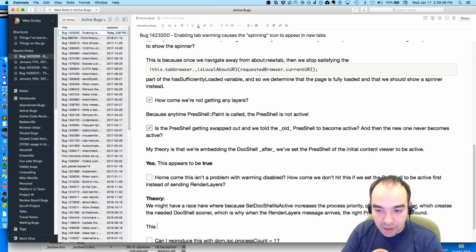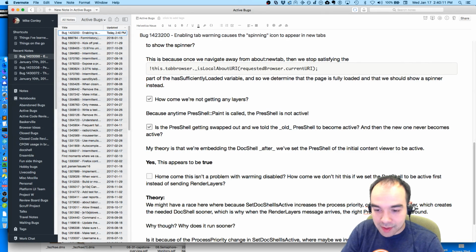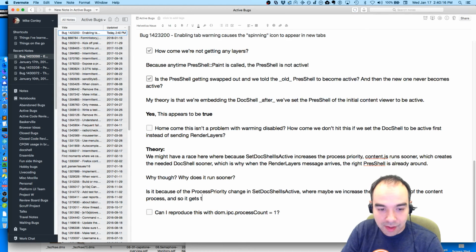This theory, I'm not, why though? Why does it run sooner? Is it because of the process priority change in set doc shell is active, where maybe we increase the process priority of the content process, and so it gets to run content.js sooner? No, this doesn't appear to be the case.